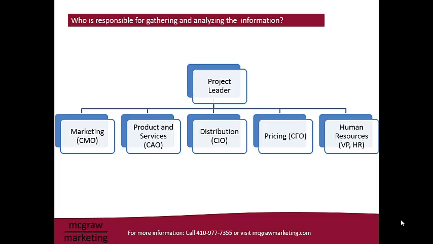So who is responsible for gathering and analyzing the information? You want to build a cross-functional competitive intelligence team. We're just going through those areas where we wanted to ask those questions. You've got your marketing department, your products and services group, distribution, pricing and financials from the CFO's perspective, and HR. You want to get these people involved for a couple of reasons. One, their expertise and familiarity with their content area will help you identify what the key questions are that need to be answered, so that once we gather and analyze the information,